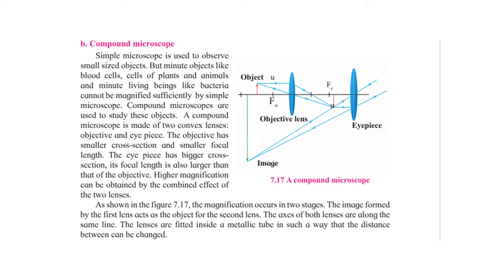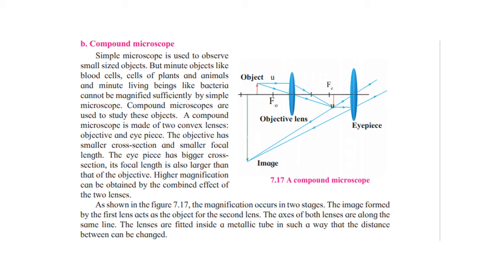How does the magnification occur? In this case, look at the diagram. You have an object. Look at the size of the object. Now it's a small object. It is usually kept beyond the F. You can see beyond the focal length, that is, it is between C and F or F and F2. Now that forms a real and inverted image in the lens of the tube, and this becomes the object for the second lens, and here it is within the focal length just like the simple microscope, and you get to see a clear image which is virtual as well as erect.